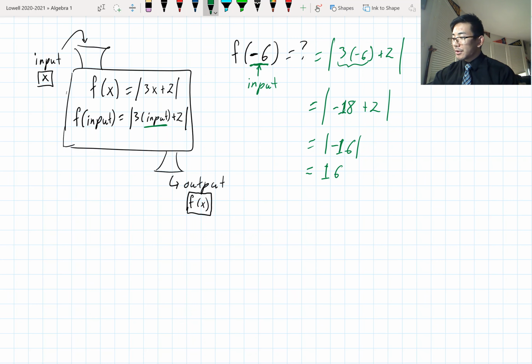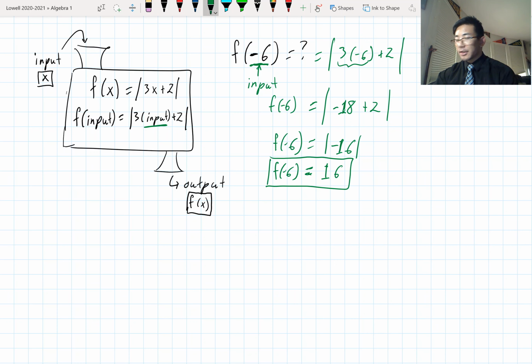And so the way we would do this, let's not forget what this is. This is f of -6. So again, this whole thing is the output, but it also tells you what the input was. And that's what's really cool about this function notation, is that it tells you in just a couple symbols what the input was and what the output was. So in English, what this box is essentially saying is,